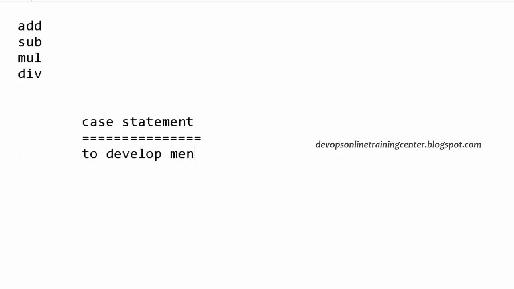So there is something called the case statement. This is to develop the menus, user choices. Right, so how do we write it? The syntax is case $n in, and then we write the cases. So what all the cases do we want? Something like if he selects one, then say echo enter two numbers.